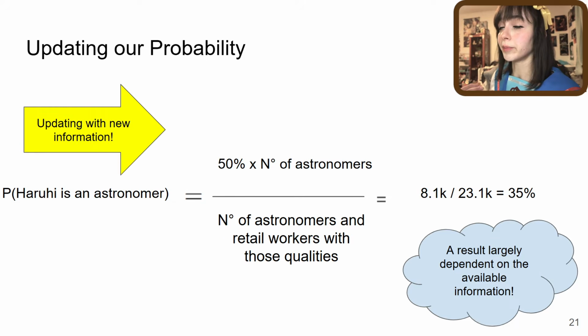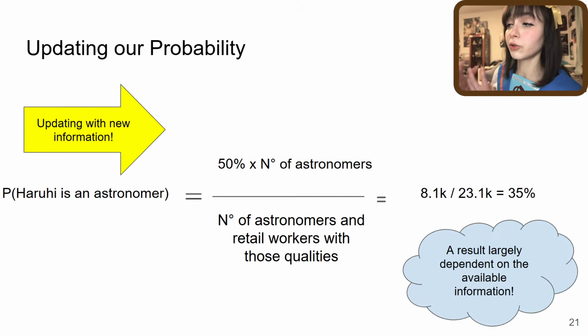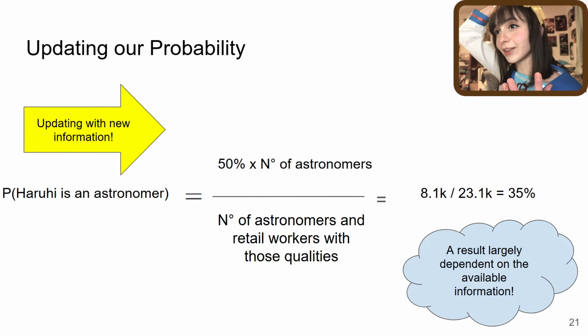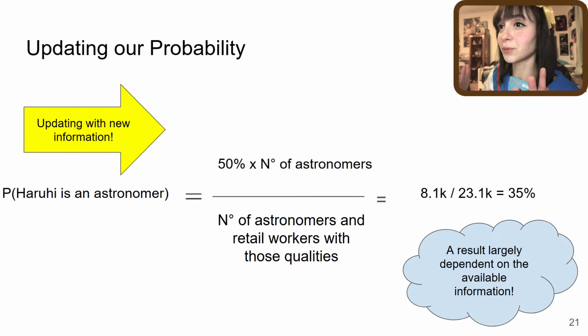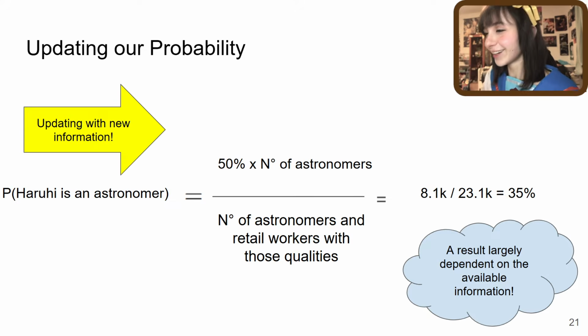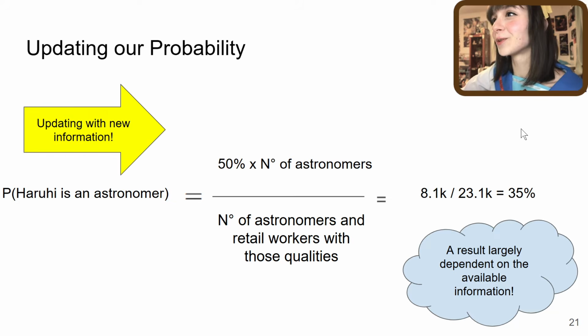So basically this Bayesian updating is very useful for updating with new information that becomes available. But at the same time, even though it's very useful, it largely depends on the quality of this information, which, for example, for this, is not the best quality because I just took some statistics that you can find online that are maybe not that accurate, and then I just made up some numbers to get some value out. So the result will depend a lot on the available information. So don't take this 35% as anything too seriously, because I just made up these percentages.